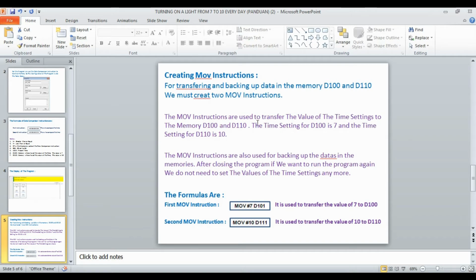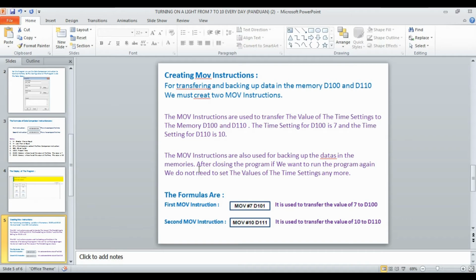The move instructions are used to transfer the value of the time setting to the memory D100 and memory D110. The time setting for D100 is 7 and the time setting for D110 is 10. And then the move instructions are also used for backing up the data in the memories.